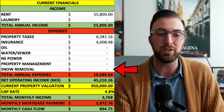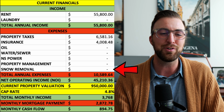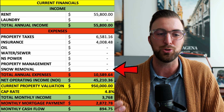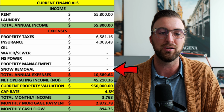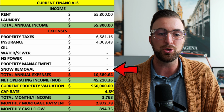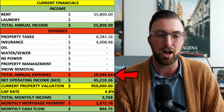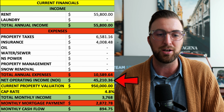Now, snow removal is something else that I don't deal with on this property. This is all on the tenants. Every now and then, if it snows 30 centimeters and I feel bad, I'll get somebody over there to plow the property out. But if it just snows 5 or 10 centimeters, this is on the tenant themselves. So the total annual expenses are just over $10,500 on this property, leaving me with a net operating income of